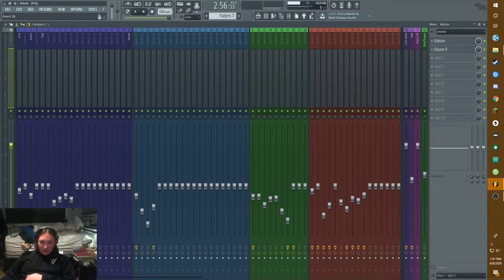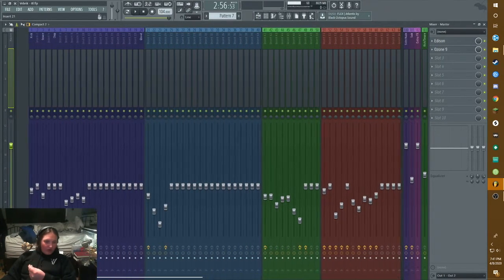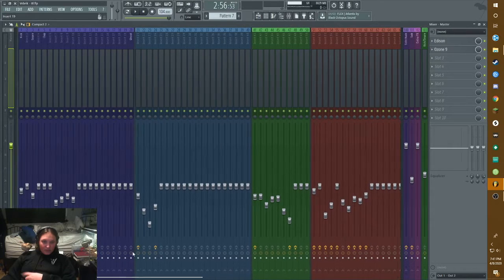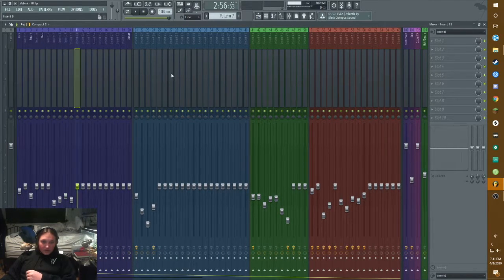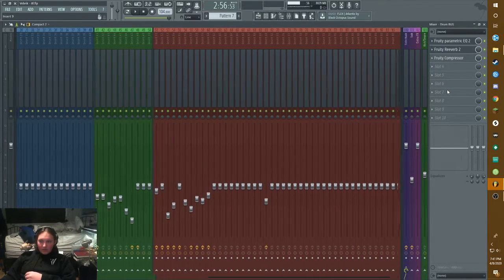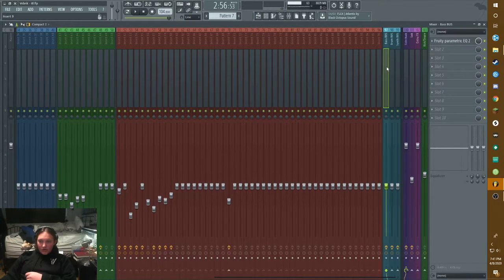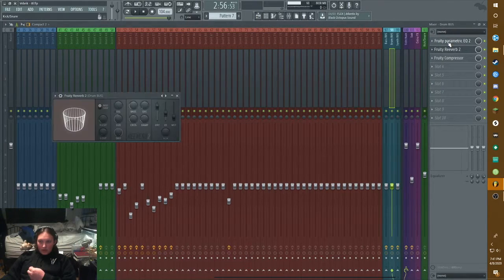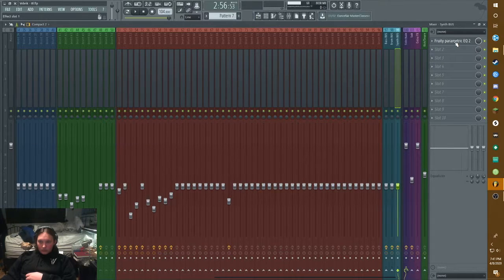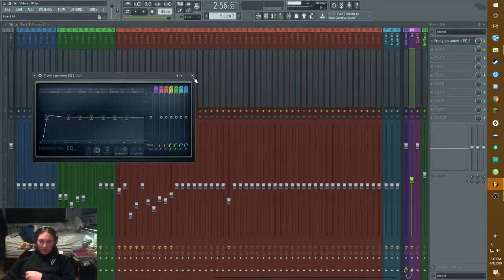For the mixdowns, I just mix as I go, so I don't really know what I'm doing. There's nothing super special about it. It's just basic EQing on most of these. I've got 3 bus tracks at the end. All of them are low cut, so that we don't get any clash with the main sub channel over here, which is boosted a bit.